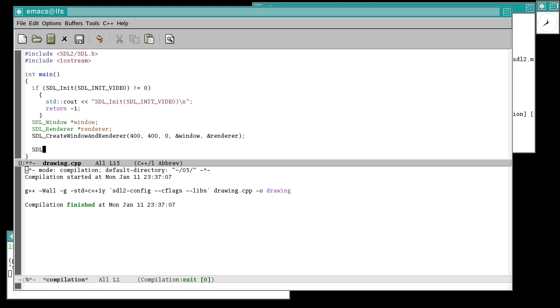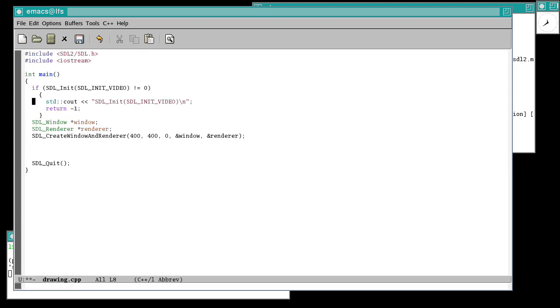And also, yeah, at the end of the program, I need to finalize the library, so I need to remove everything that was allocated in memory and clean all resources. So I need to do cleanup running SDL quit, and also I need to run cleanup for the window: SDL destroy renderer, and SDL destroy window. So we should momentarily see something, but to see it better, I'm going to introduce a delay for